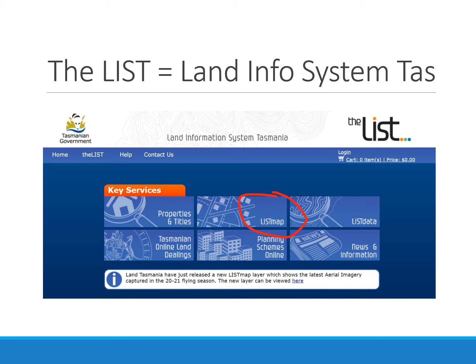The LIST stands for Land Information Systems Tasmania, which we all love because it's amazing, and most of the time the function that we use in the LIST is LISTmap. So this is the way that you can cruise around and open up all sorts of amazing layers, and without leaving your desk, get a fair insight into where a property is, what shape it is, what the context is. Yeah, really quite amazing. A resource that a lot of other states are very jealous of.